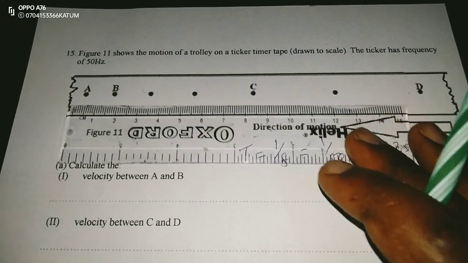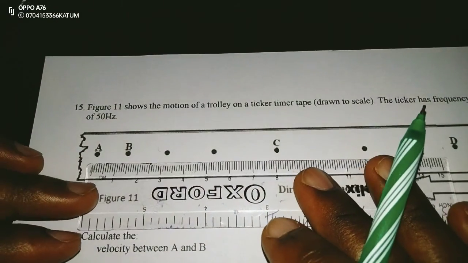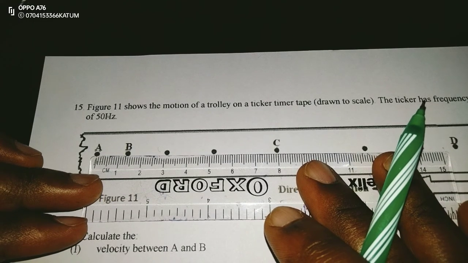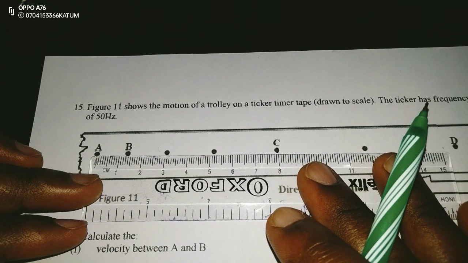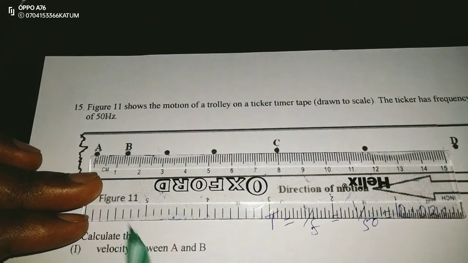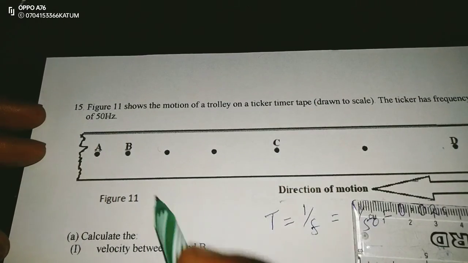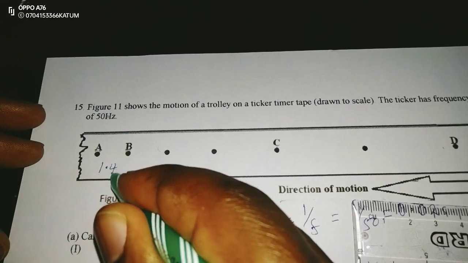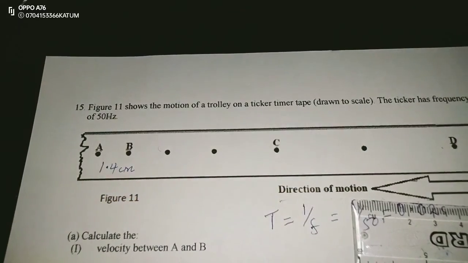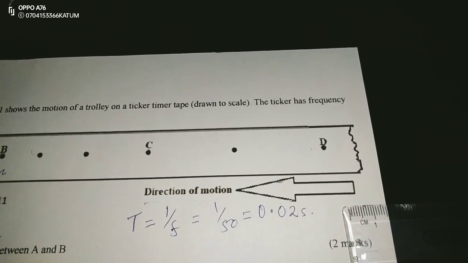So we first of all have to get the distance between A and B. Between A and B, I'm having a distance of exactly 1.4 centimeters. So that I may do away with the measurements, let me also get the distance between C and